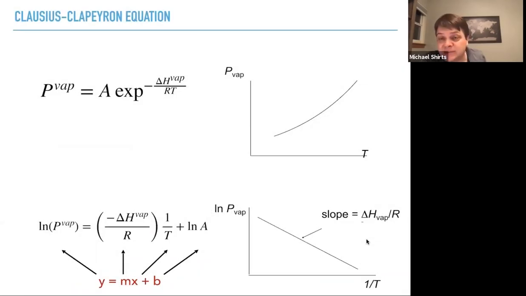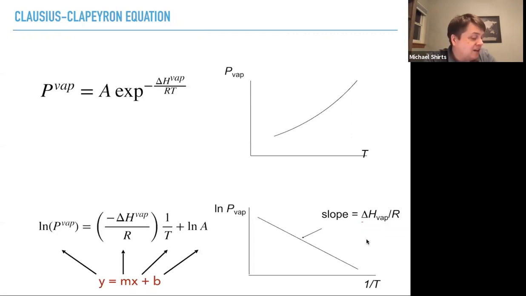Some nice relationships come out of this. If you just look at this exponential relationship, it turns out that if you take the log of the vapor pressure, you start to get equations that behave very nicely. The log of the vapor pressure is equal to minus HVAP over R times 1 over temperature plus log of A. And you notice this is in the form of y equals mx plus b,